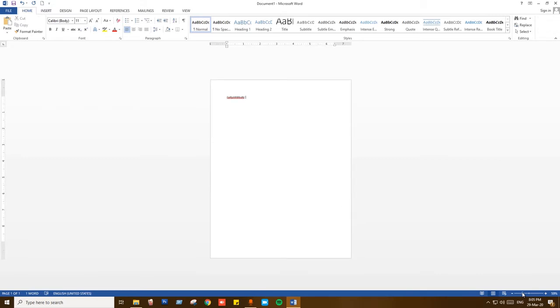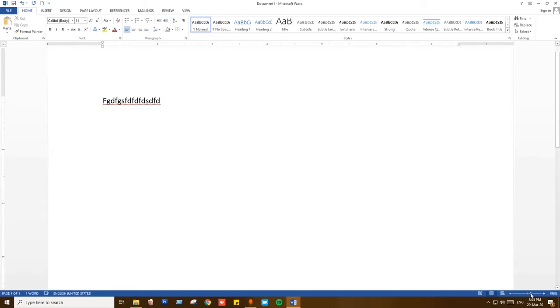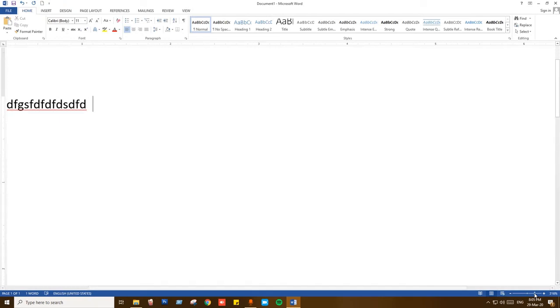The actual size of the page is not affected, but the view that is shown to us is affected by this zoom slider. This is known as the zoom slider. And as we move to the right, by drag and drop, the size of the page is increased. Now, when the size of the page is increased more than the size of the screen, you can see the